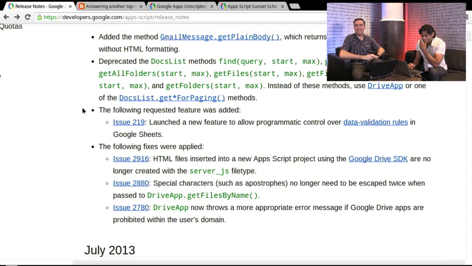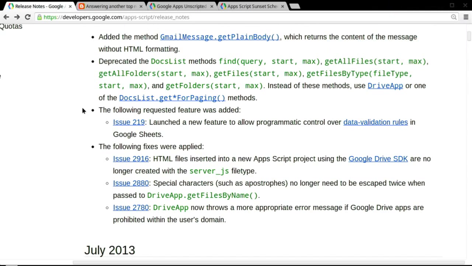Let's see. There's a couple of deprecations. As we've announced before, we've added the Drive App service, which is a replacement to the DocsList service. And what we're showing here is that some of the methods that used to be in DocsList we deprecated because there are equivalents with Drive App as well. So, for example, find, get all files, get all folders. These are methods that take a start value and then a maximum number of results to return value. We're deprecating those in favor of the